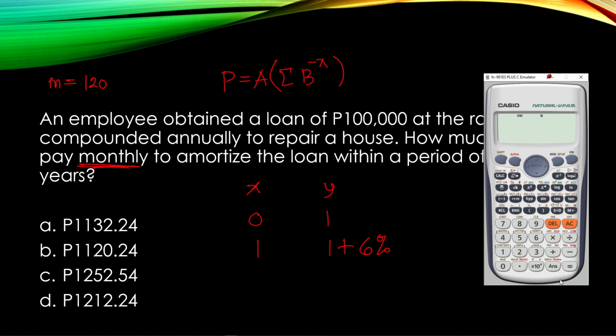Press natin yung equal sign natin. And after a certain period of time, medyo matagal siya, di ba? Kasi from 1 to 120 yung sinusolve niya. Okay, so in your calculator, siguro medyo mas matagal. Kasi ito, emulator yung ginamit ko. So medyo mas mabilis compared to your normal calculators. Okay? After that one,